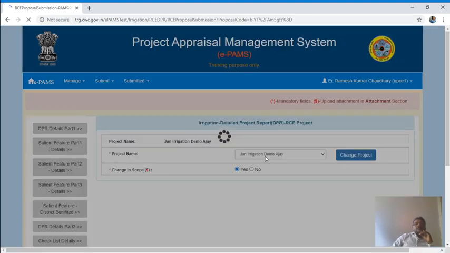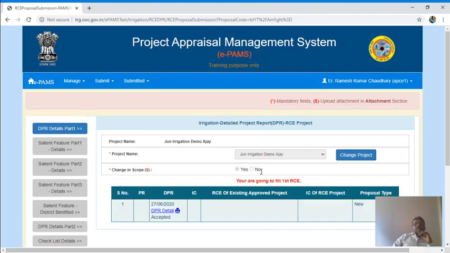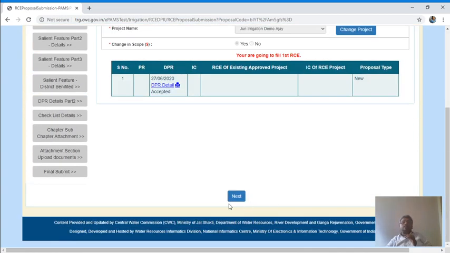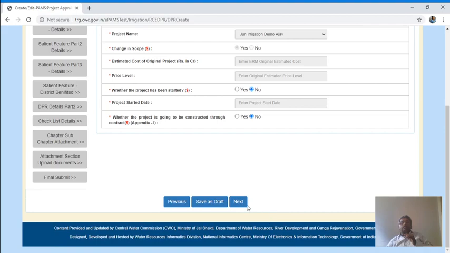It is clear from the first screen that change in scope, yes, no. Depending on this option, your data will be changed. If you choose yes, all data you are allowed to change. If you choose no, then only cost and BC ratio will be changed. According to that, it will be appraised by the CWC. Now I am going to click finally submit.